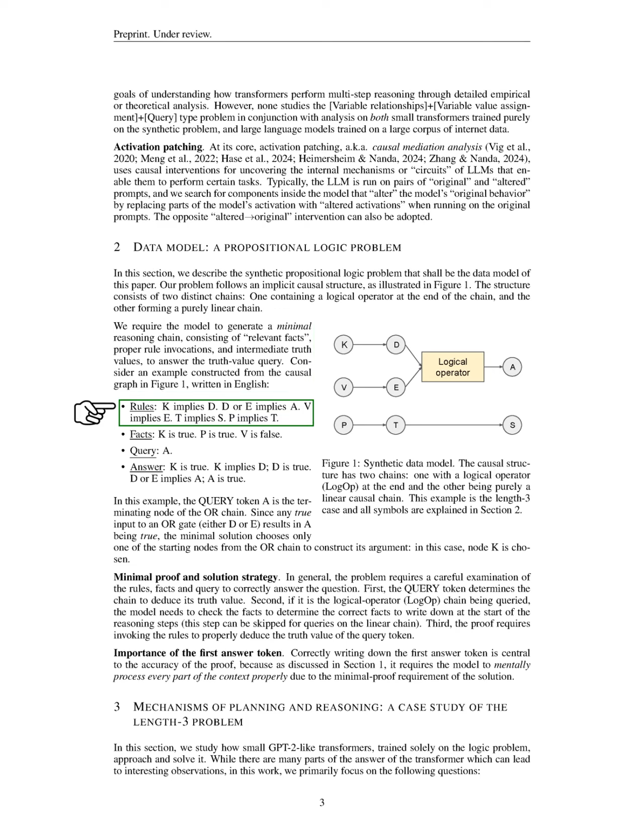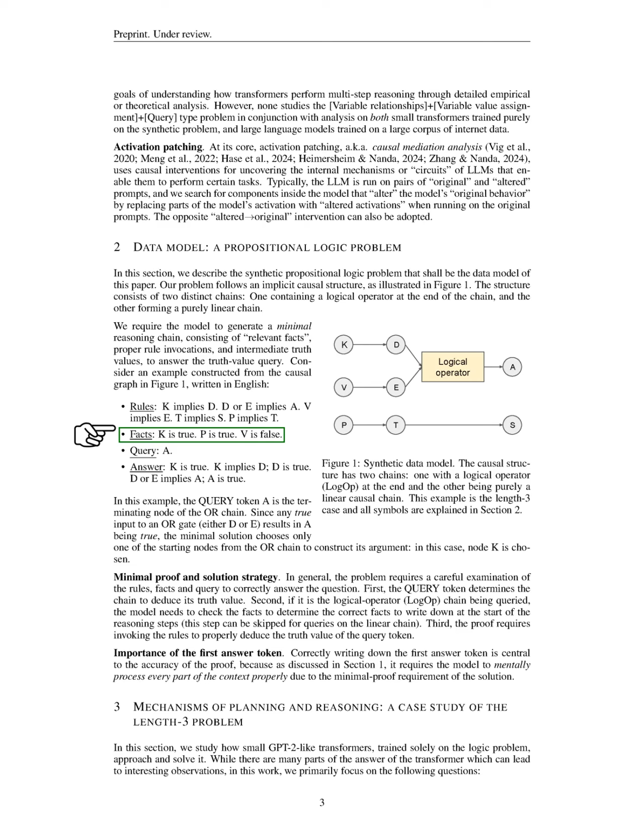For example, using the causal graph, we can express the rules as follows. K implies D, D or E implies A, V implies E, T implies S, and P implies T. The facts are that K is true, P is true, and V is false. The query is A, and the answer is that K is true, leading to D being true, which in turn